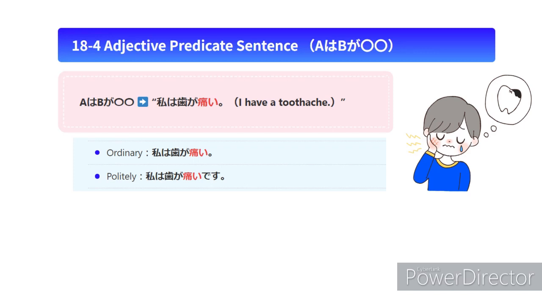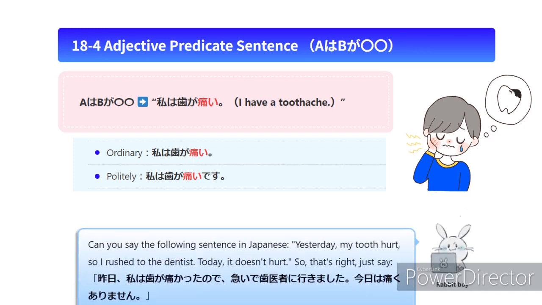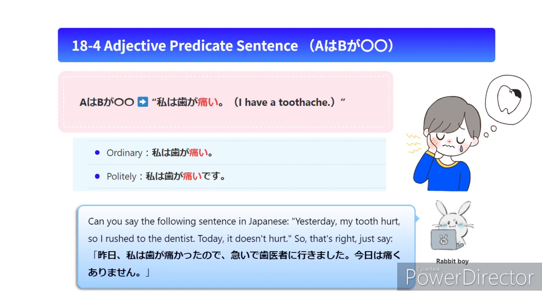Now, I would like to introduce my good student. Come on, Rabbit Boy. Hello, everybody. I'm Rabbit Boy. I would like to ask you a question. Can you say the following sentence in Japanese? Yesterday, my tooth hurt, so I rushed to the dentist. Today, it doesn't hurt. Now, you will try to say, 昨日、私は歯が痛かったので、急いで歯医者に行きました。今日は痛くありません。